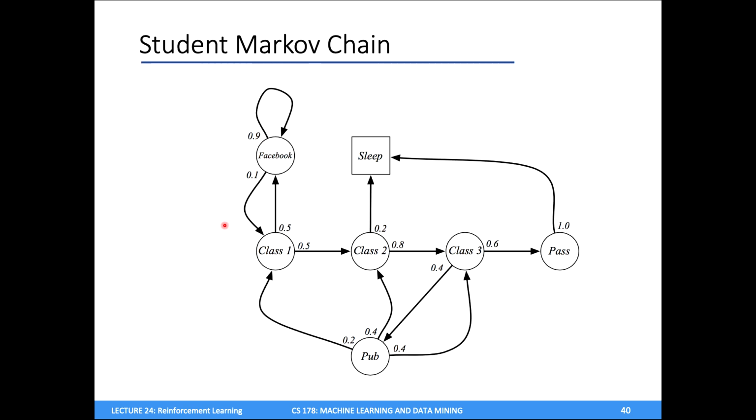In any case, we've got a bunch of states that our student can currently be in. And our student can transition from one state to another state with some kind of probability. So maybe I start out by going to my first class, class 1. Well, I have a 50% chance of going to class 2. That's what this 1/2 on the arrow between these guys indicates. But then I also, if I'm in class 1, have a 50% chance of just heading on up to Facebook. But if I'm in Facebook, well, I have a 90% chance of staying in the Facebook state, and only a 10% chance of going back and paying attention to class 1.